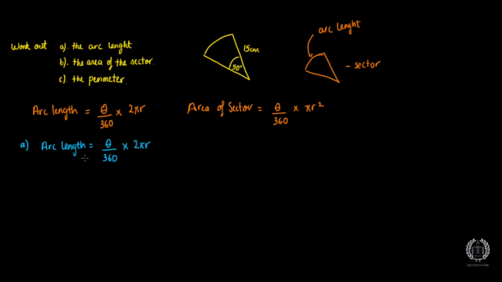So we have arc length, theta. This is my formula. Now obviously I need to get my values. What is my theta value based on the diagram here? Theta is the angle, by the way. So theta here is 50. And what is my radius of this sector? 15 centimeters. So I know that my r is 15. All I'm going to do is put these values into this formula. So my arc length